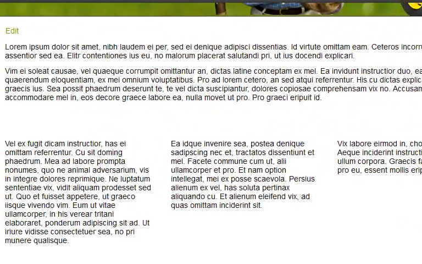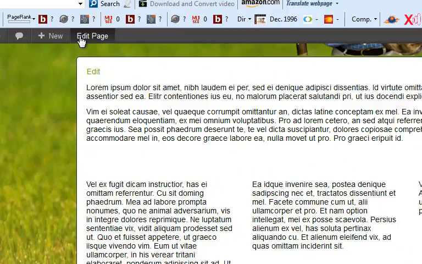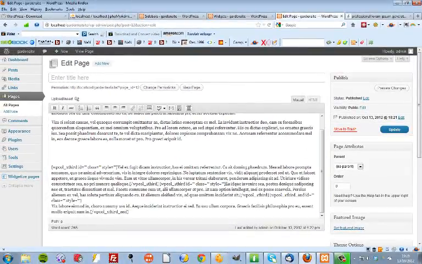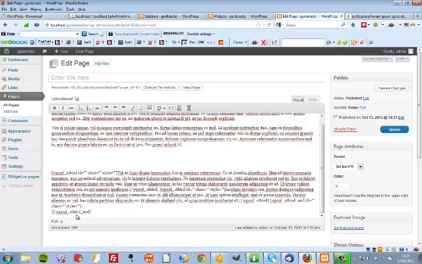So if I click on edit page, what we'll do is put it between the last column shortcodes, which is this one here. So if I delete this here, and